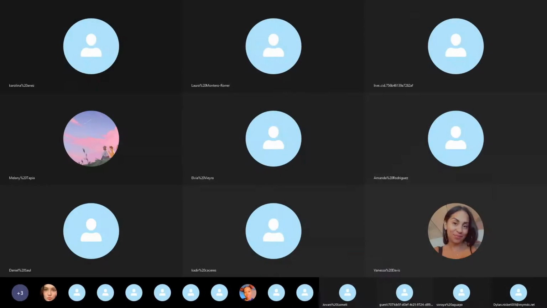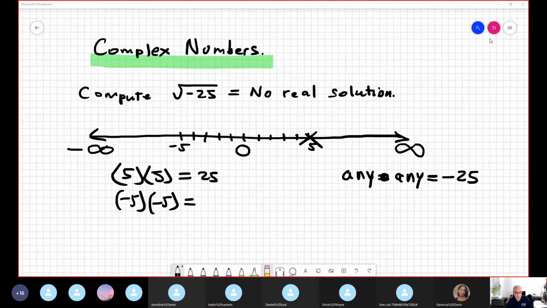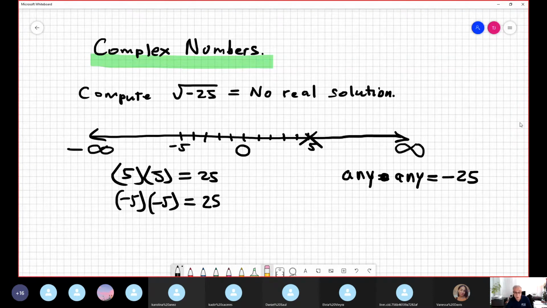Now, entonces, negative 25 times negative 25, again, is positive 25. Conclusion, no. The solution for this square root of negative 25 is not inside this line, que this line represents real numbers. Okay, pero no problem. The mathematicians